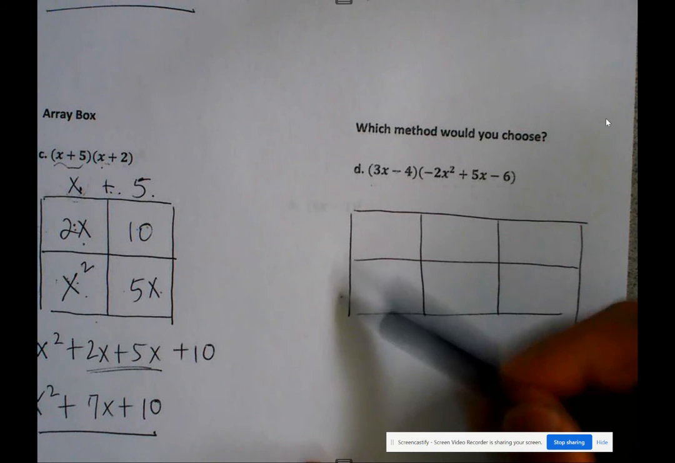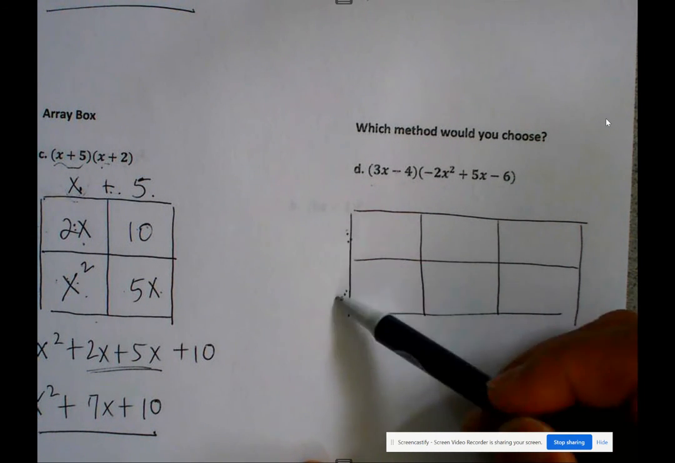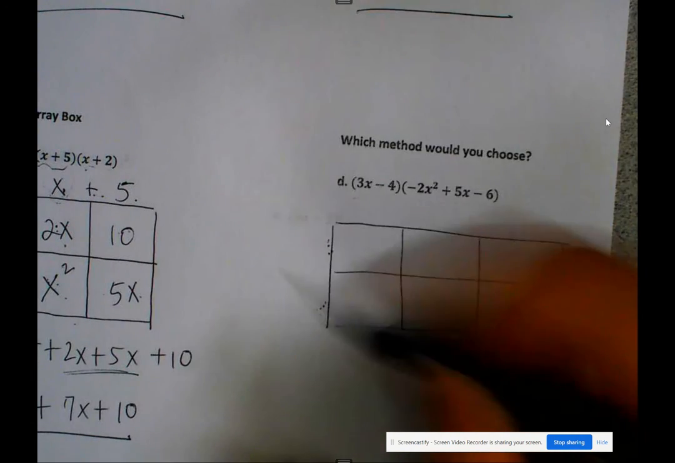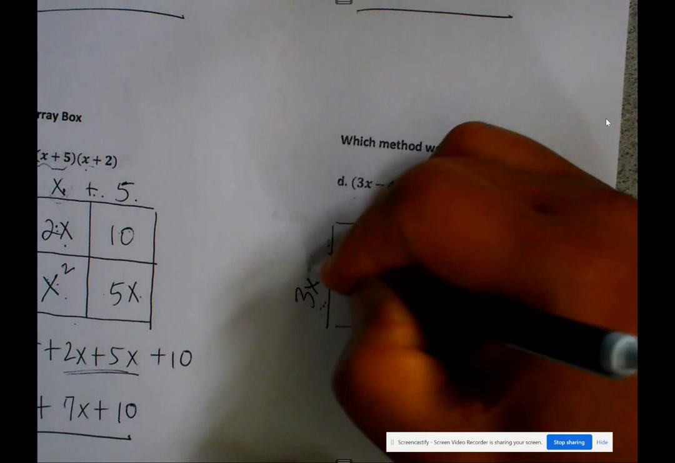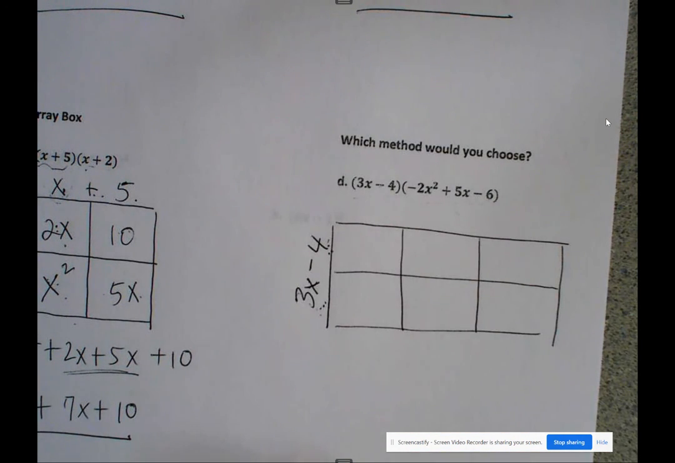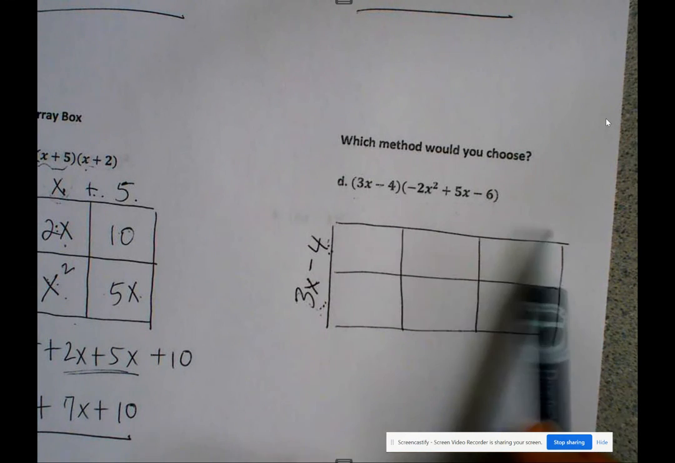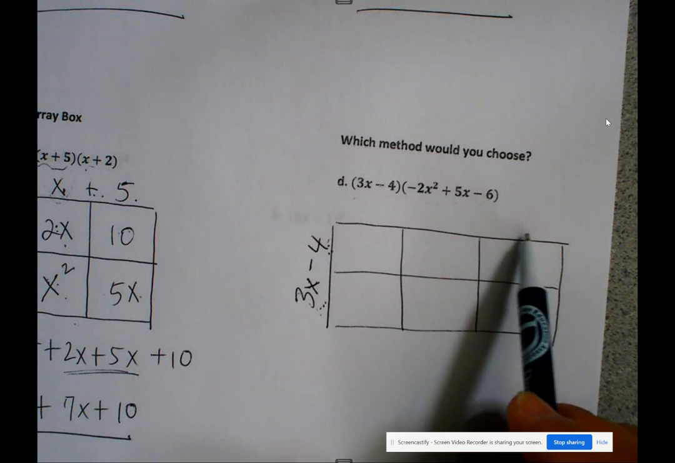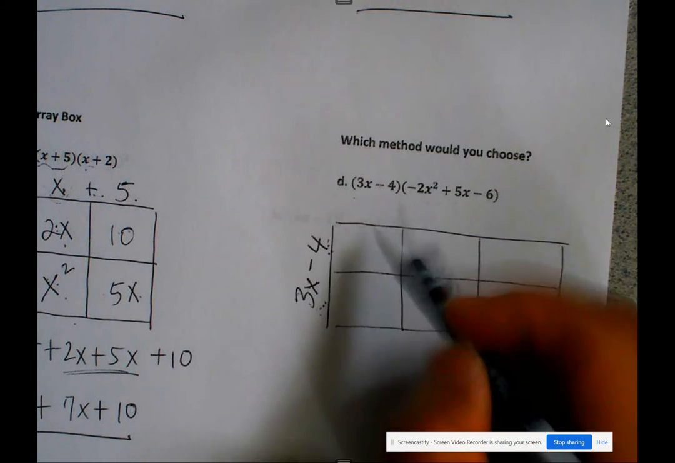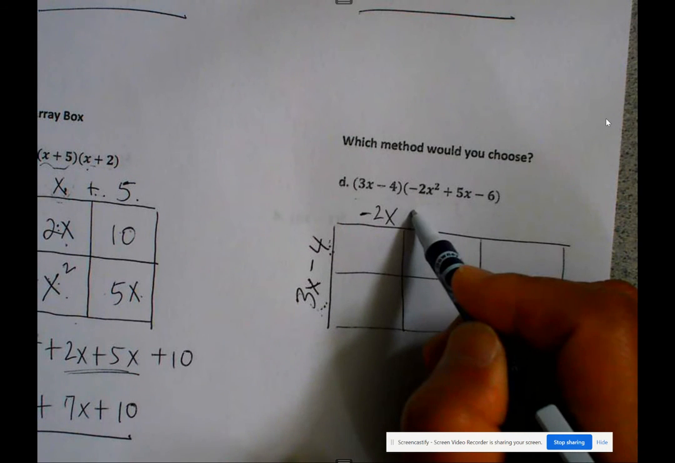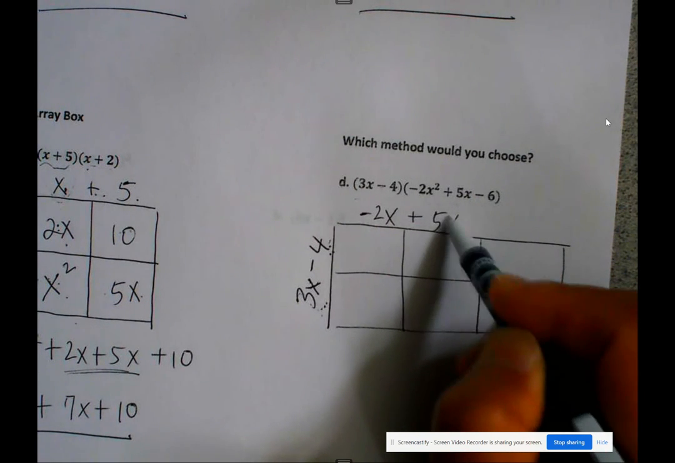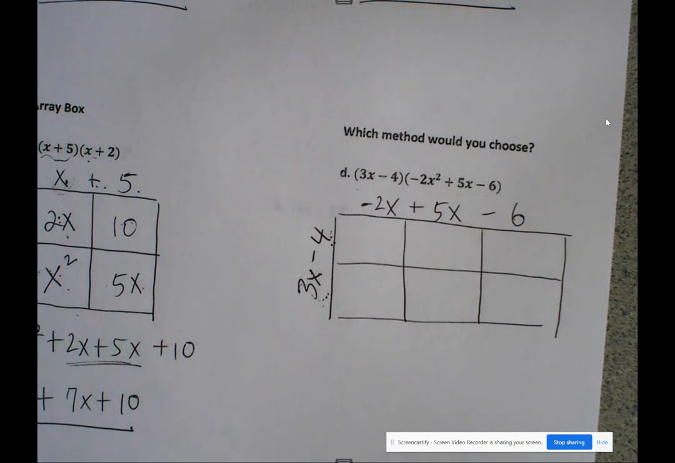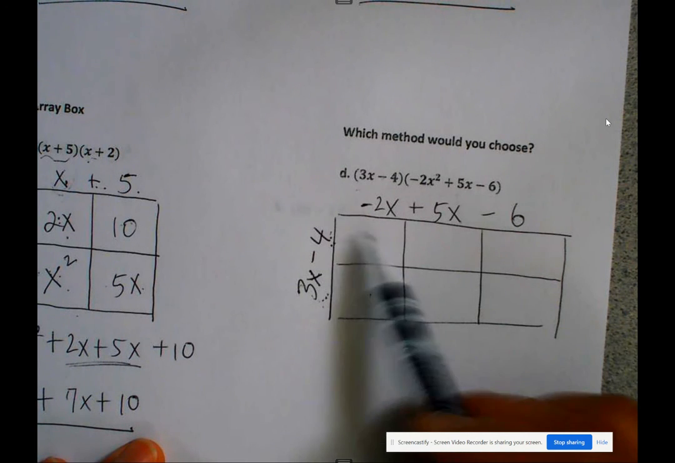Alright, since this one has 2 rows, what do you think we're going to put on this side? Anybody have an idea? Yeah, very good. We're going to put 3x minus 4. And that means, what are we going to put on the top right here? What are we going to put on the top? Negative 2x. Oh yeah, now they can see it. 5x minus 6. Okay, so I'm going to give you about a minute to multiply these things and find the